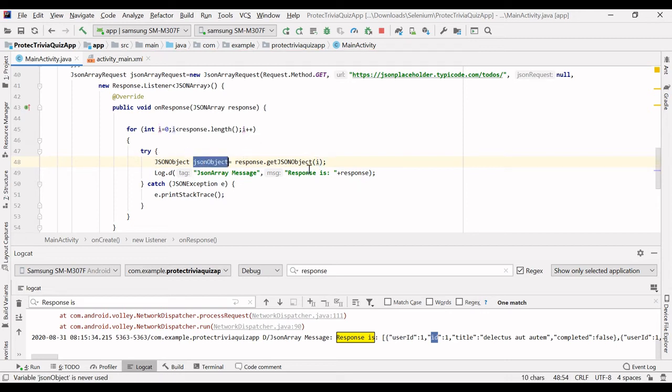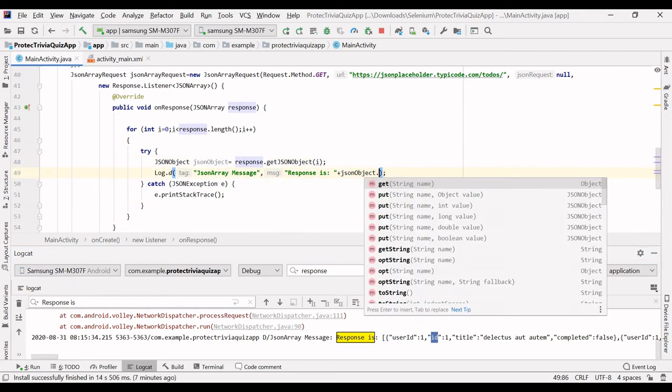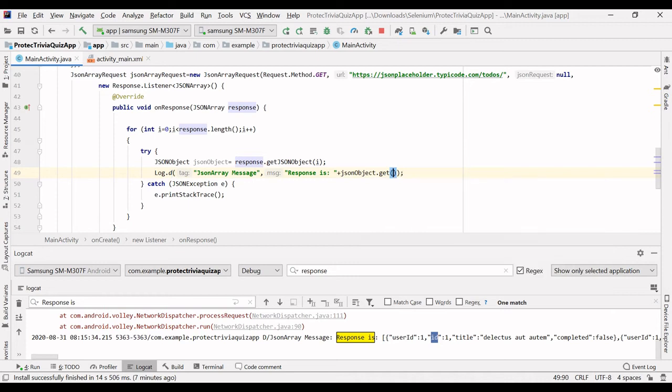From this JSON object, I want to get only the title and the ID. So from this JSON object I want to get only the title. Do not type it manually guys, just copy this key and paste it here. The key should be exactly the same, as I said earlier.